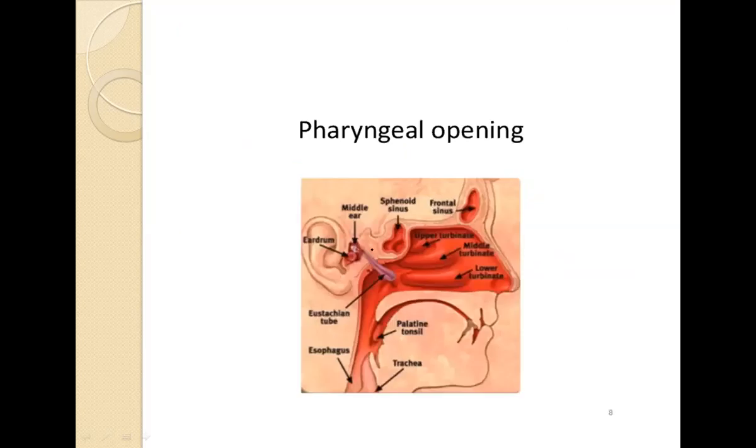So this is also a picture regarding the auditory tube. This is a picture which I pasted here to understand the openings of the tube. This is the shortest part. This is the bony opening in the tympanic cavity, the smallest opening. So the tympanic end is small and bony, and the pharyngeal end is large.